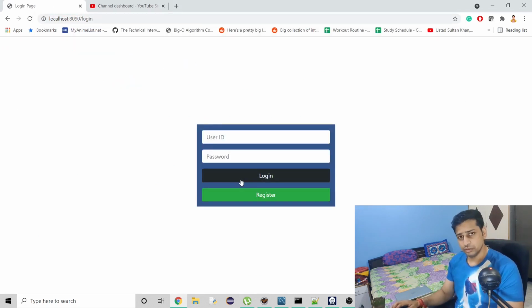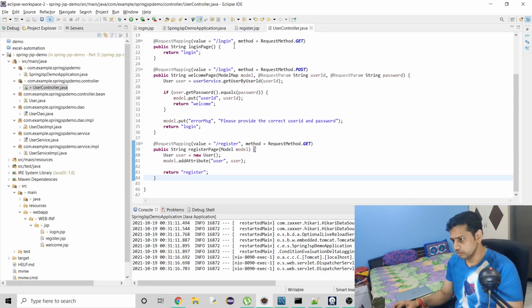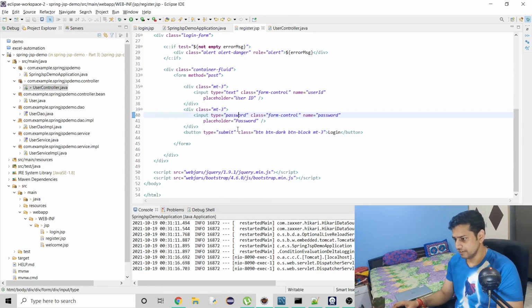So now if I go back to login, I am being very slow here because I don't want to skip any important detail, right? So if I am clicking on register, you can see that the register button is no longer here and we have this page. So the good thing is that we are being redirected. The bad thing is that we have to change this button from login to register, right? So let's do that first. So I just have to change this, this is password, this is login, so I will just do register here.